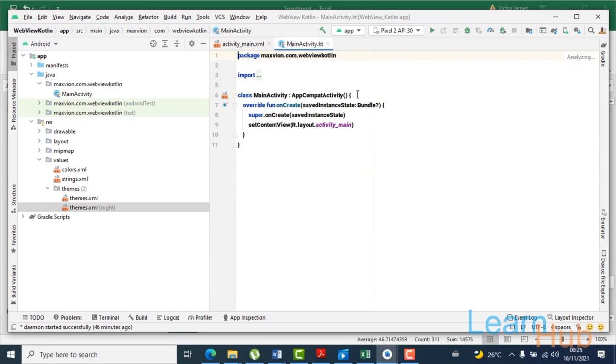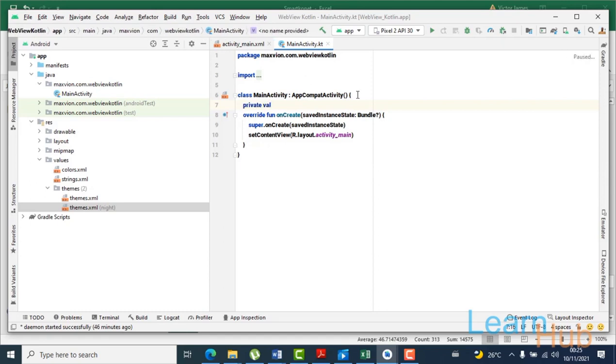So in our MainActivity Kotlin class, we define the variable to hook it up with the view. So findViewById.